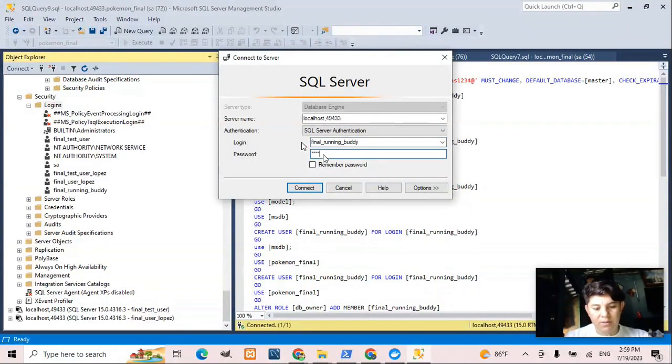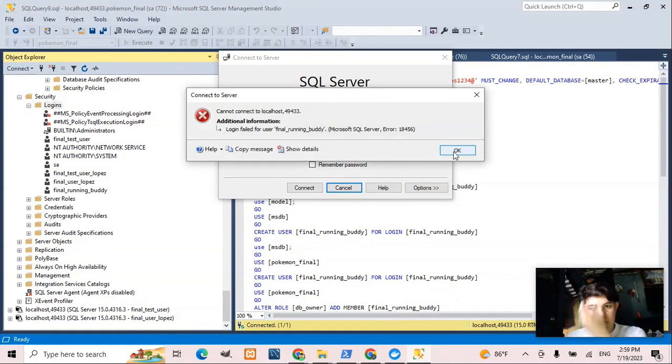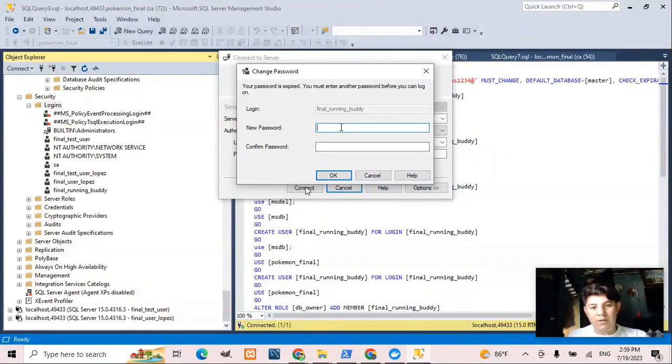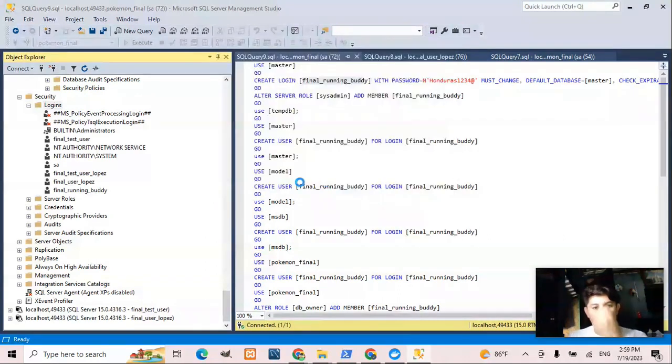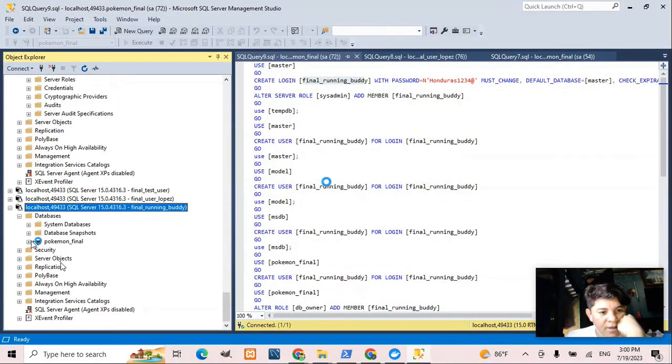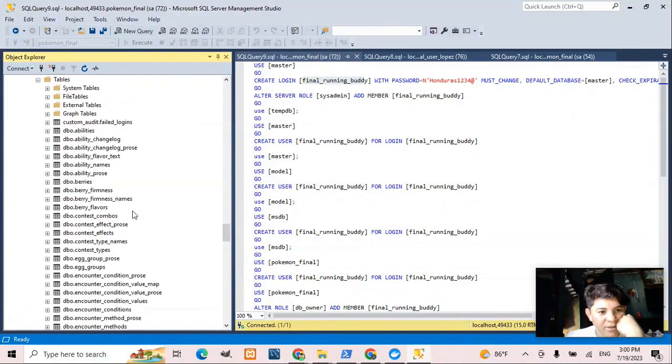Okay, final running body. Okay, now I am here in my new login and we can see the final and the tables and have permission